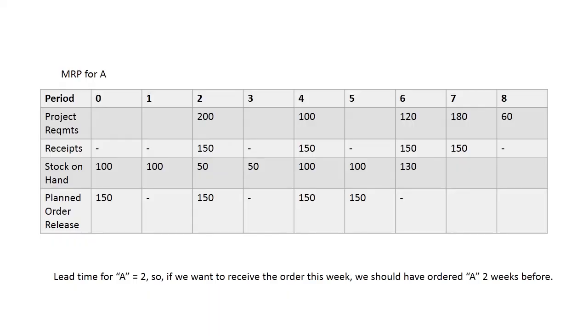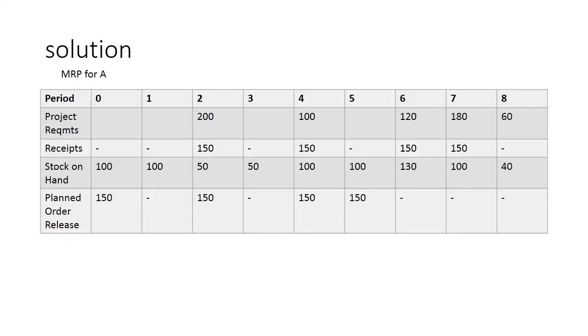So we make an order, and 2 weeks prior we make an order and receive it at the 7th week, and totally we have 280 now. So 280 minus 180 is 100. So the end of the 7th week, and in the 8th week we require only 60 units. So we don't make any order. We use the quantities which is in the inventory, and we can make up for the demand of 60, and the remaining at the end of the 8th week is 40 units.